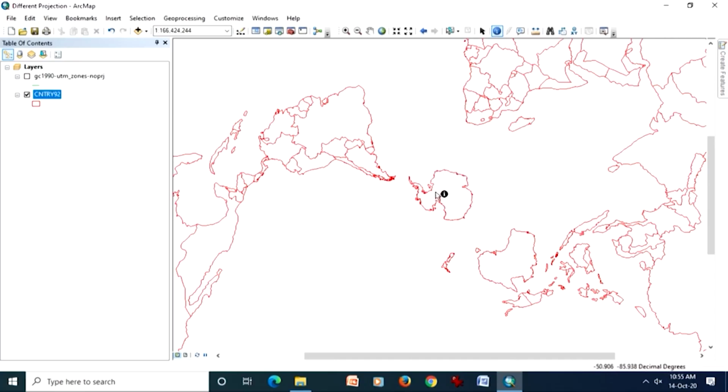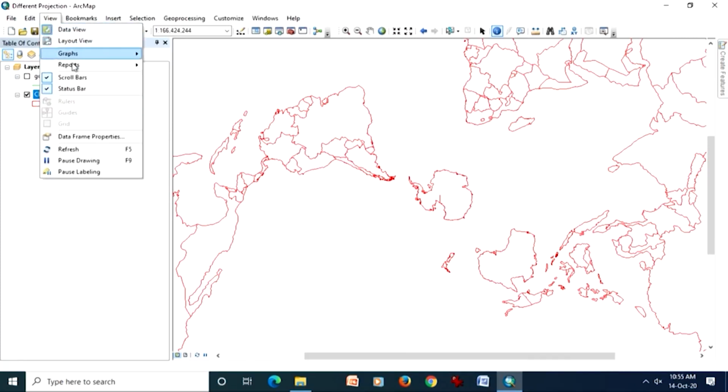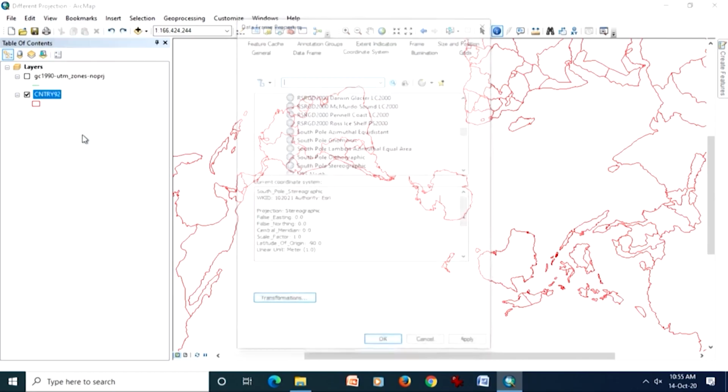So, when I am seeing from the bottom, from the southern pole upward, having a stereographic projection for south pole, this is the true shape of Antarctica, whereas in the earlier one it was absolutely a completely different